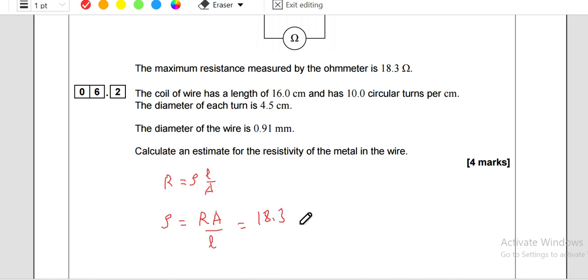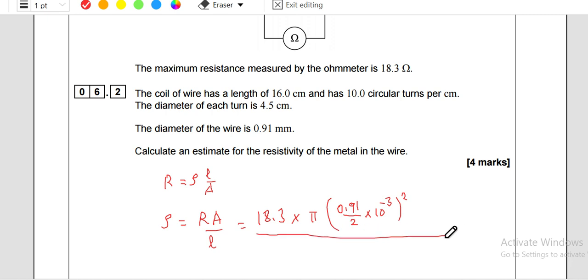And we have A as pi r squared. We are given the diameter as 0.91, so we'll divide it by 2. And as this is in millimeter, we will multiply by 10 to the minus 3. All of this squared